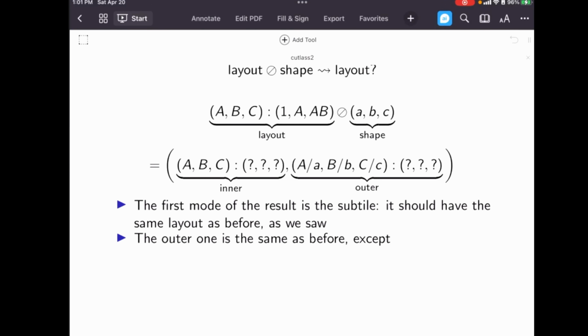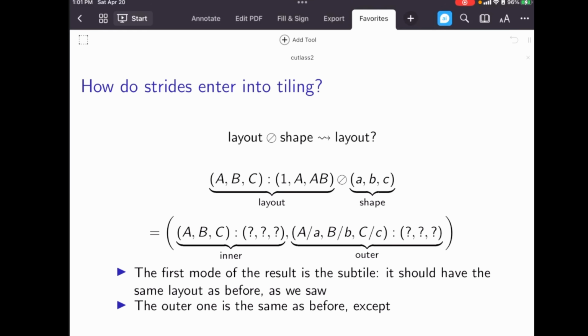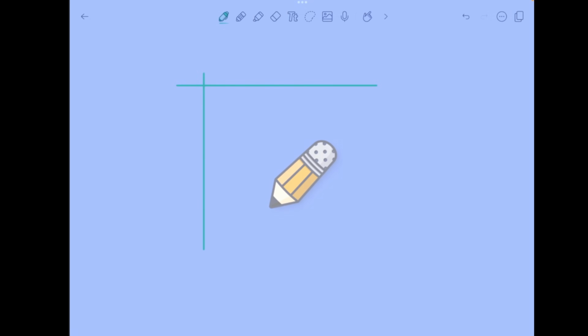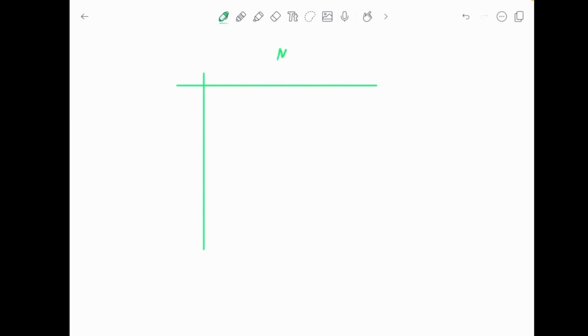Now, what about the stride on the outer part? So let's think about this for a second. If I take an element, go back to the drawing board for just a moment. Suppose I have a big tensor here that is M comma N with the normal layout left, and then I have a little m, n, which represents a shape, and I'm going to try to divide that. So I claim that, as I was alluding to before,